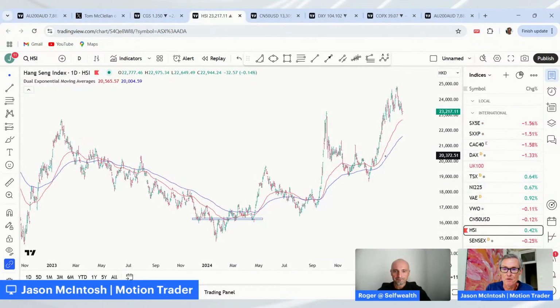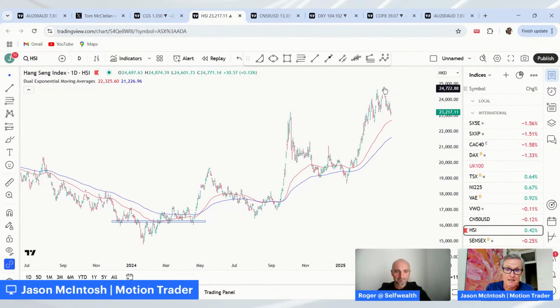Hong Kong. So where are we here? We're starting to get a bit more of a pullback. We've had a couple of weeks of pulling back towards the moving averages, following this nice trending period from mid-January. I think the overall structure here still remains positive, with rising lows over the last year or so, and so far this pullback looks quite corrective.